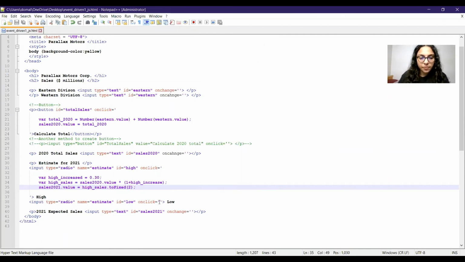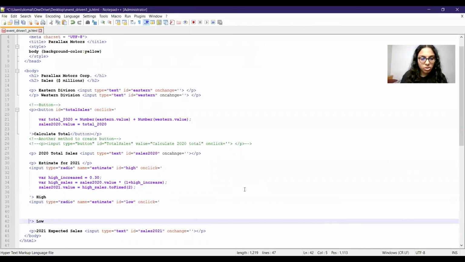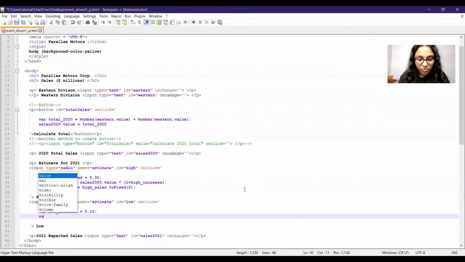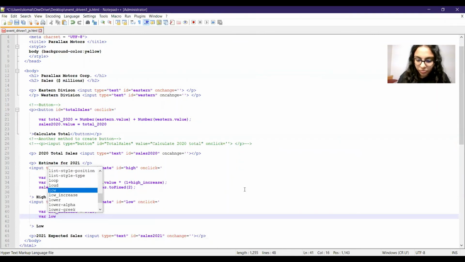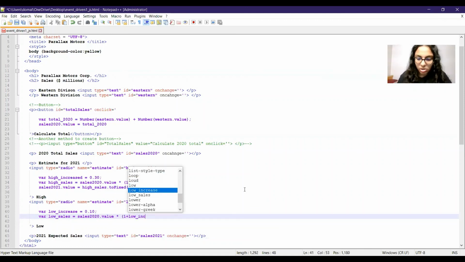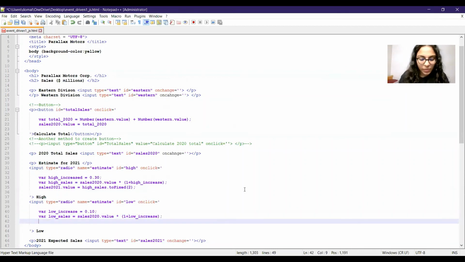So this is for high, and then for low we'll have the same thing. We'll have var low_increase is equal to 0.10. Then var low_sales is equal to sales2020.value into 1 plus low_increase, and then we'll just push the value.